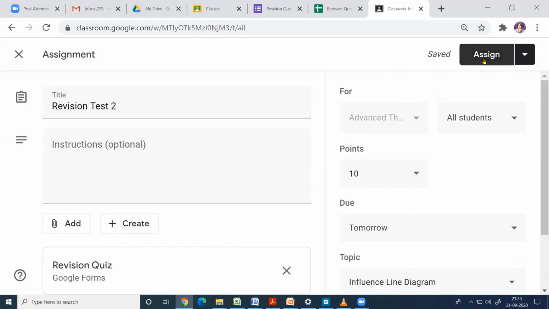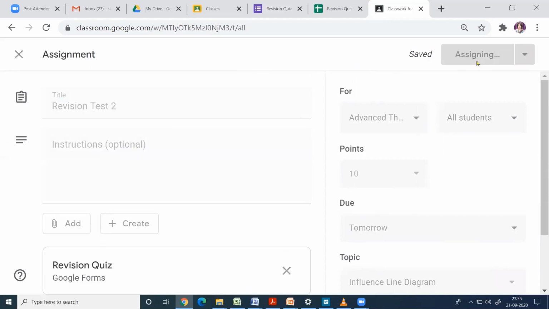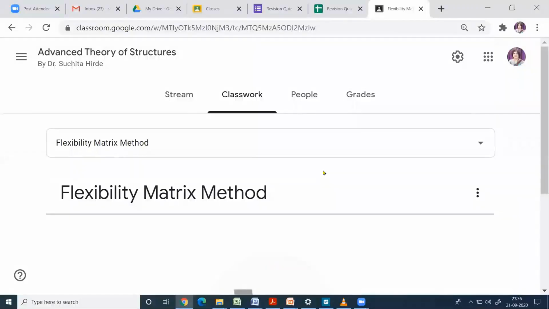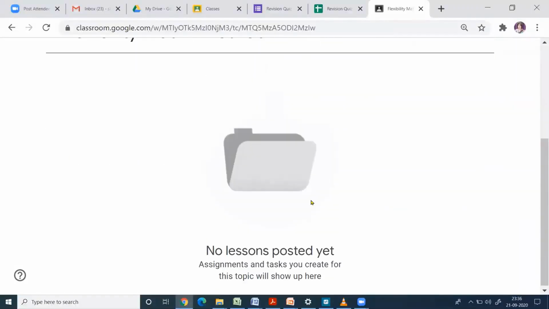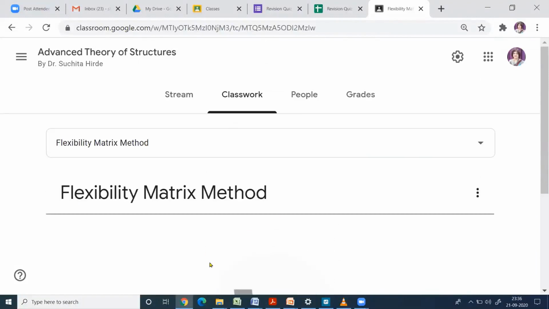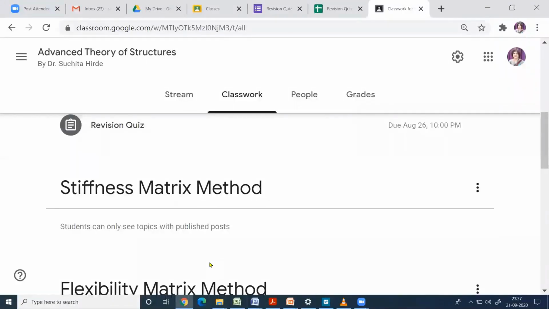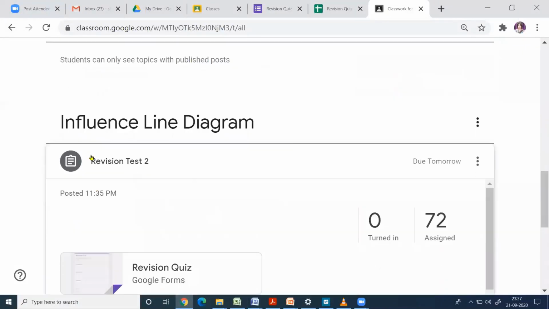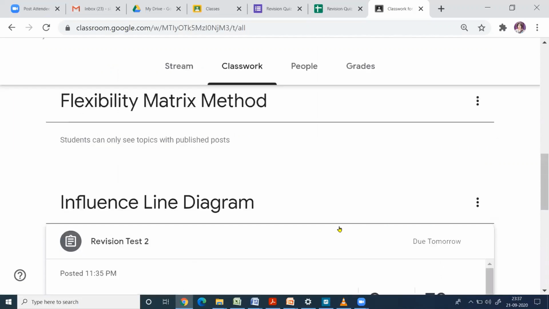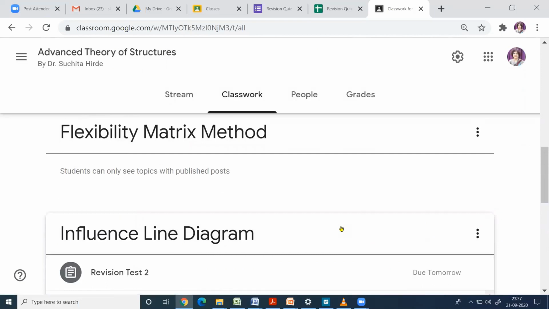After that, you have to click on assign. Once you click on assign, this quiz will be assigned to all the students. So here we can see this quiz is now assigned to revision test 2. This quiz is assigned to 72 students. Now when the students submit the assignment, we can see the numbers here: how many students have submitted the quiz.